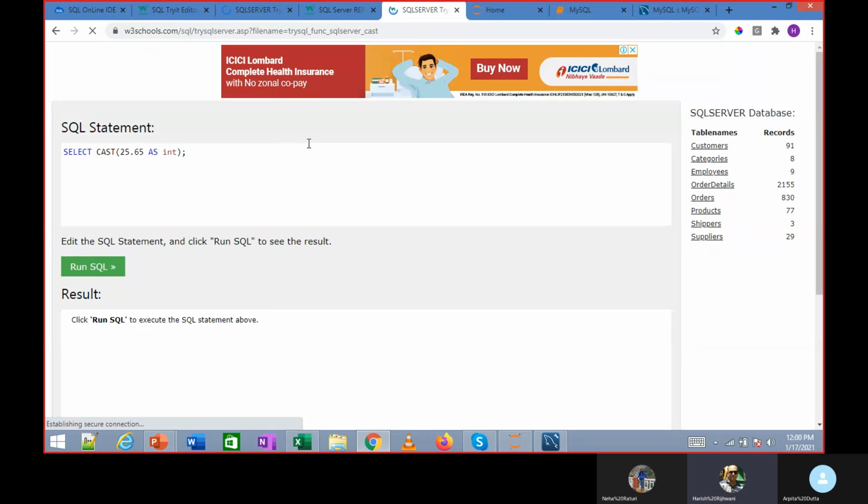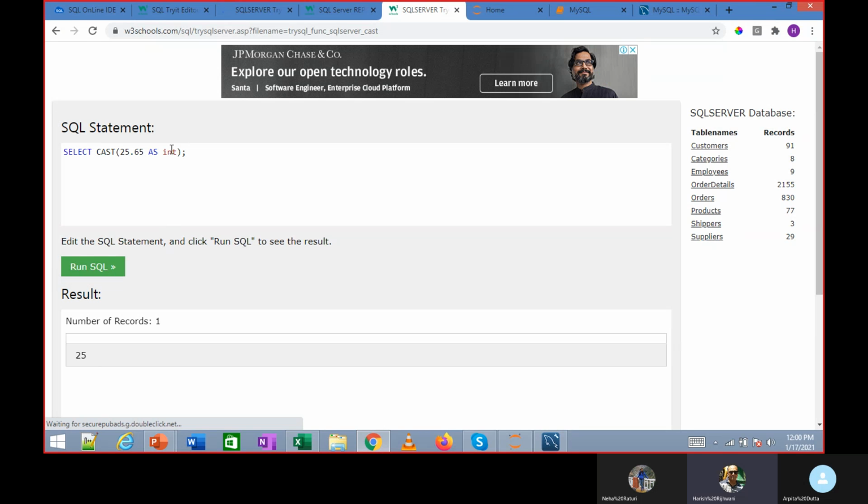So in SQL, there is a function called cast. So here, if I look at this, select star as integer. So it makes it like this. If I make it decimal 4 comma 2, it makes it like this. If I make it 4 comma 1, it truncates it. And 4 comma 0, so it makes it 26.